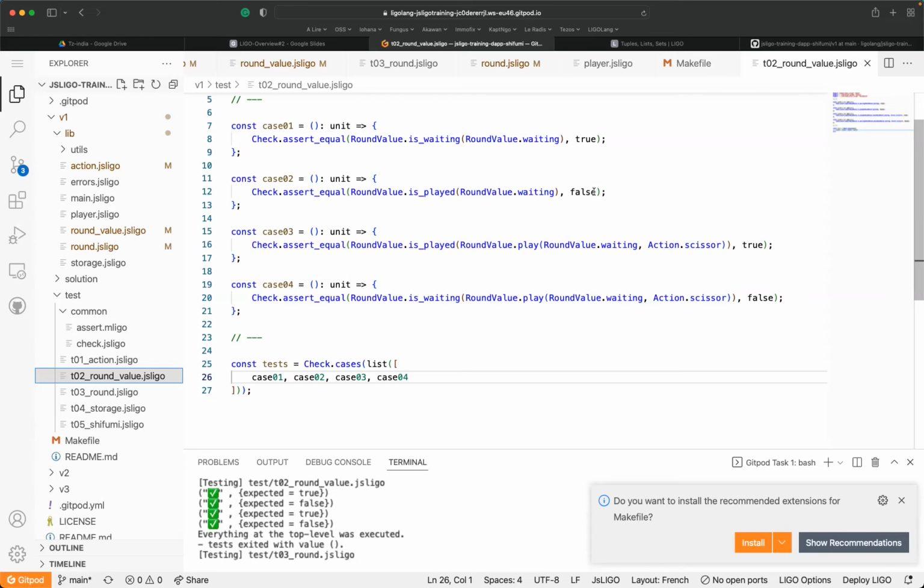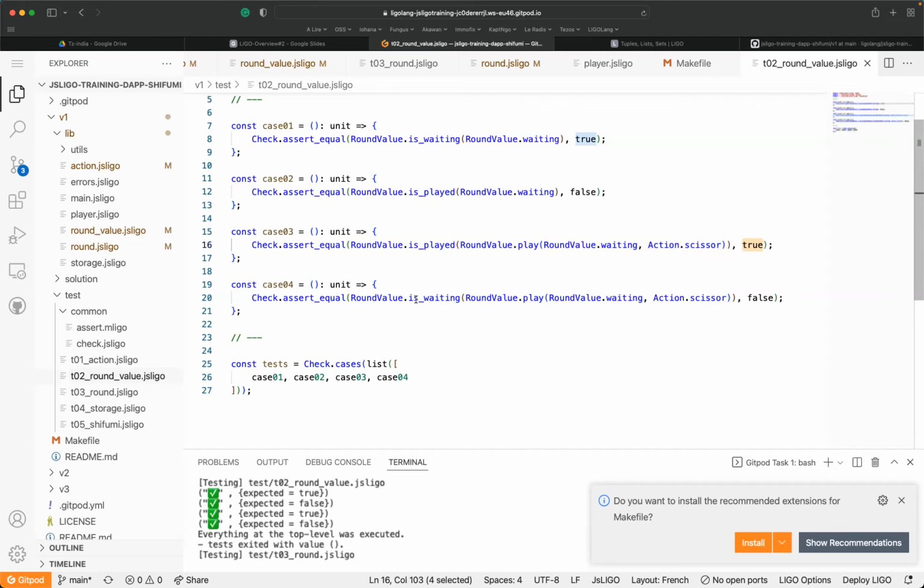It tests the waiting stage. The play stage is done thanks to the play action. So once we have a waiting value and we play, we're going to check that it has been played, with is played. Here we can also check that it's not waiting, of course. We can add another one: if it's waiting, and once we play, it should be false, of course.